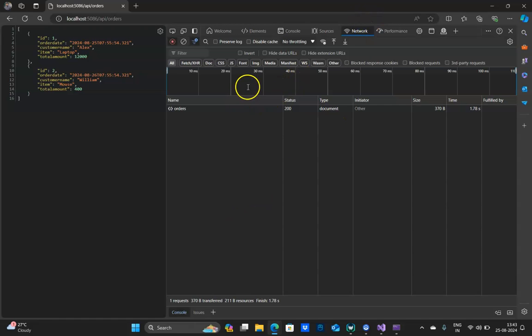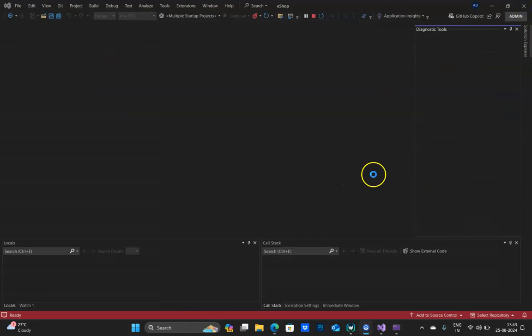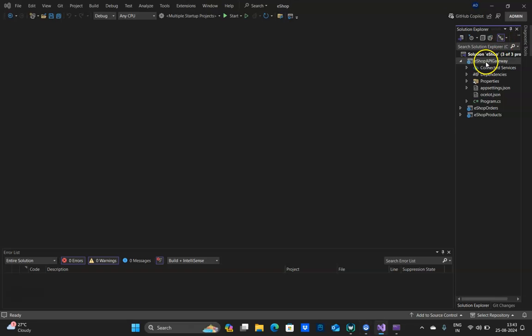And click on network. So you can see it took around, let me just refresh it once again. So you can see from here 10 ms to 80 ms, that was what it took to fetch the data. Now what we're going to do, we are going to enable caching. So let's go ahead and right click on API Gateway,